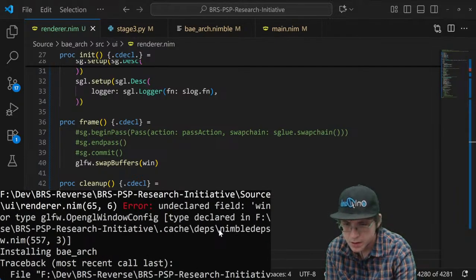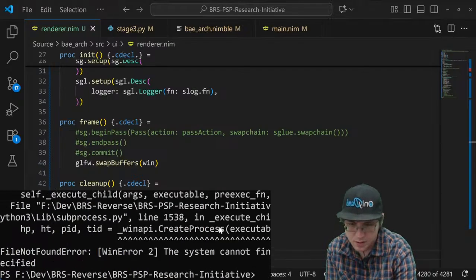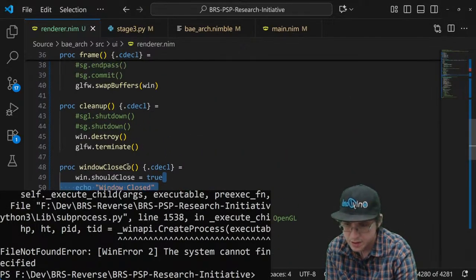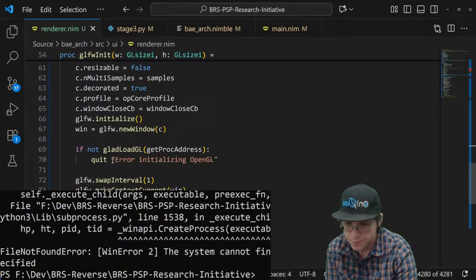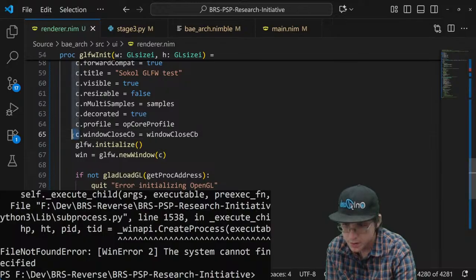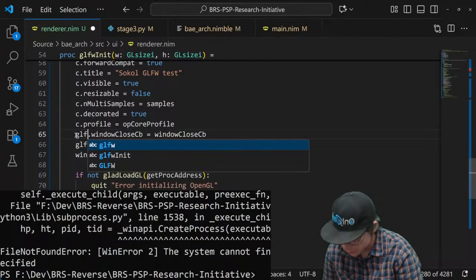Okay, so it has to be GLFW. The close command. Close callback. Okay. Let's not put that in there.